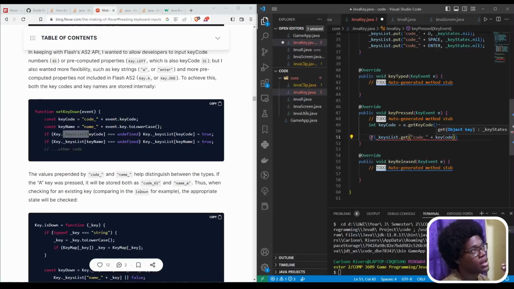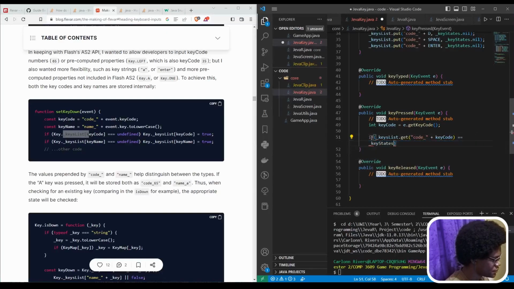So if the up key is pressed, I think that's 38, we're going to try to see if the key list at code 38 is equal to KeyStates.nil,